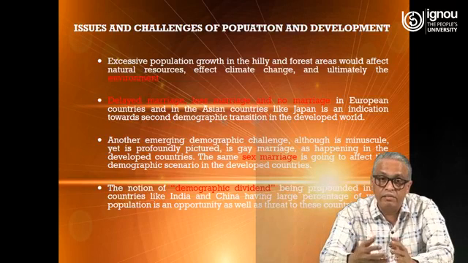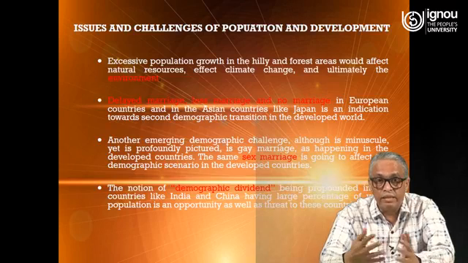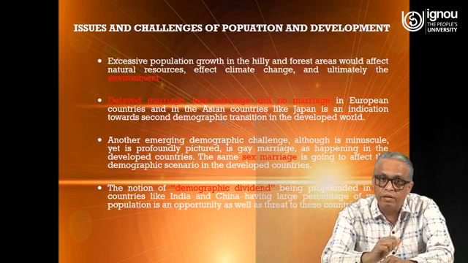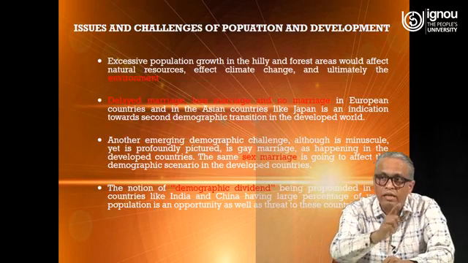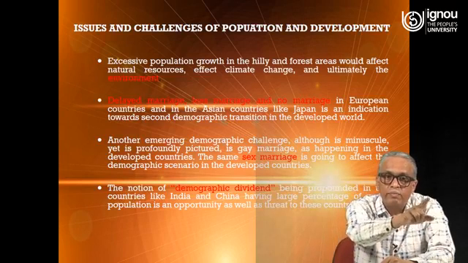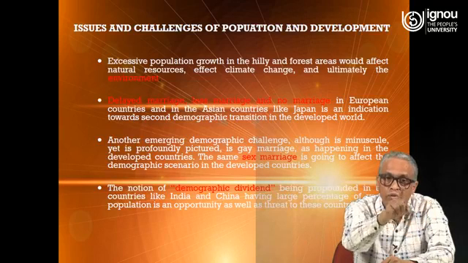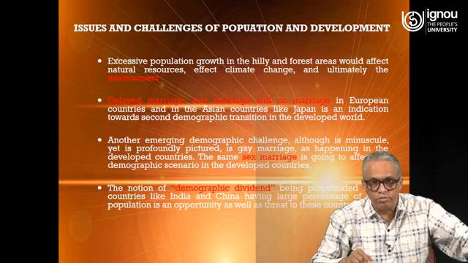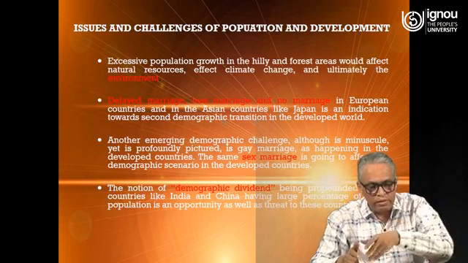Migration is not the solution, though it is required. What has happened is that migrant laborers from eastern UP and Bihar have migrated to other states, and on the contrary, the development process of those two states is being affected. How you are utilizing your population is the main concern of development. So this is all about population and development,